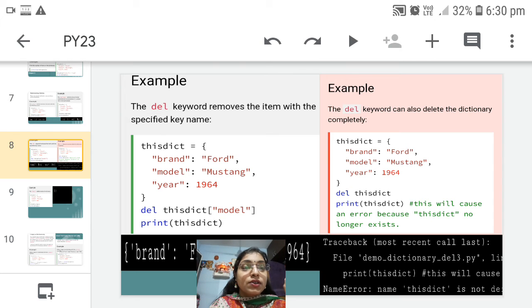If you write del and then directly the name of the dictionary, that line will remove the entire dictionary. In the first example, we wrote del this dict into square brackets and provided the key, and this is the reason why only that key and its value is deleted. So the del keyword is used in two ways. It can delete a specific key value pair, as well as the entire dictionary.